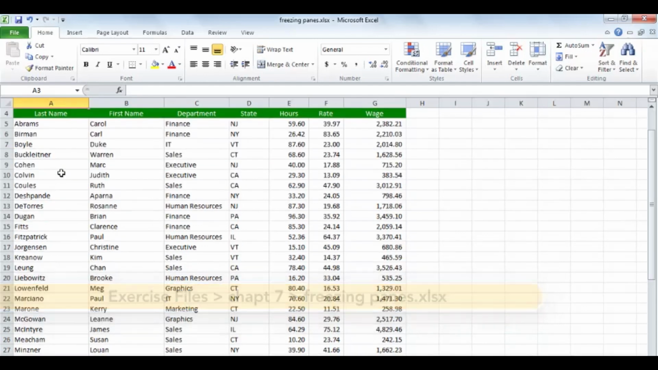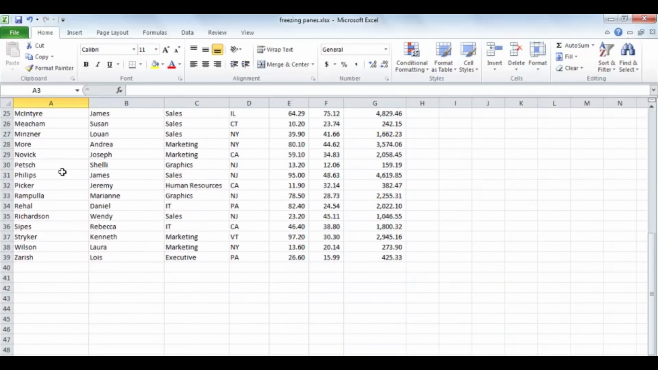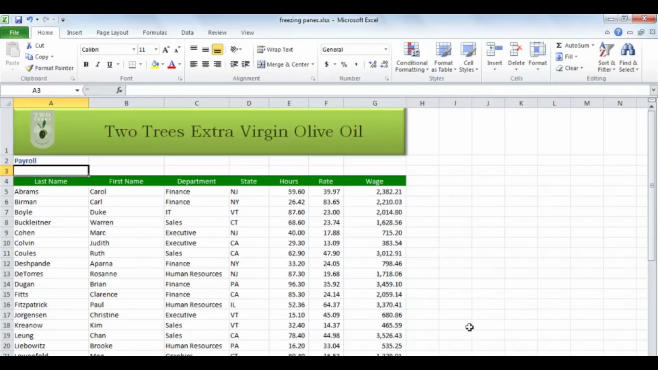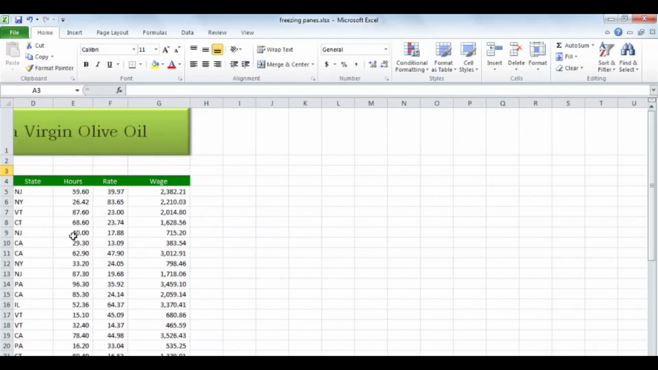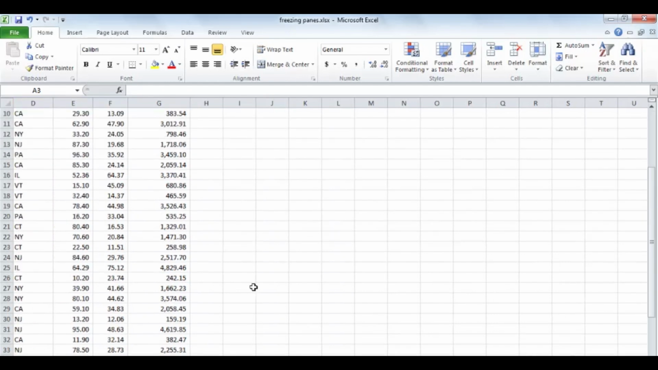Scroll down, I'll just roll my mouse wheel down, and I can see my data, but I can't really see any of the headers. And what if we scroll to the right? Maybe let's scroll up first, and now we can't see what's happening in the first column. And if we scroll to the right and scroll down, now we're looking at data, and we can't really tell